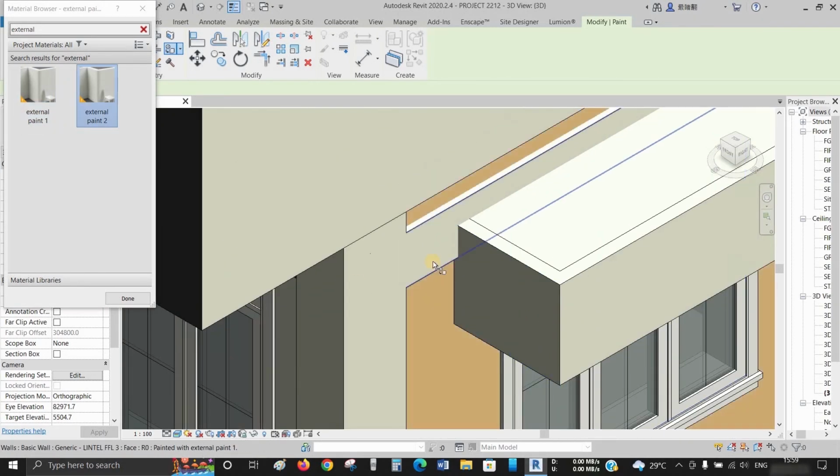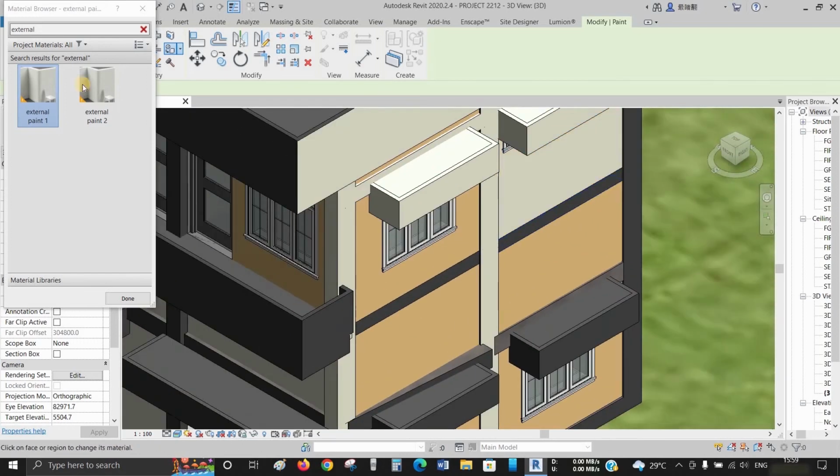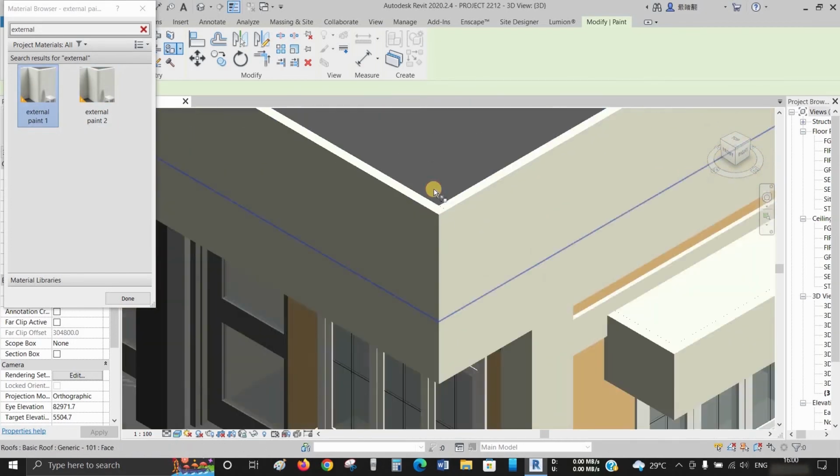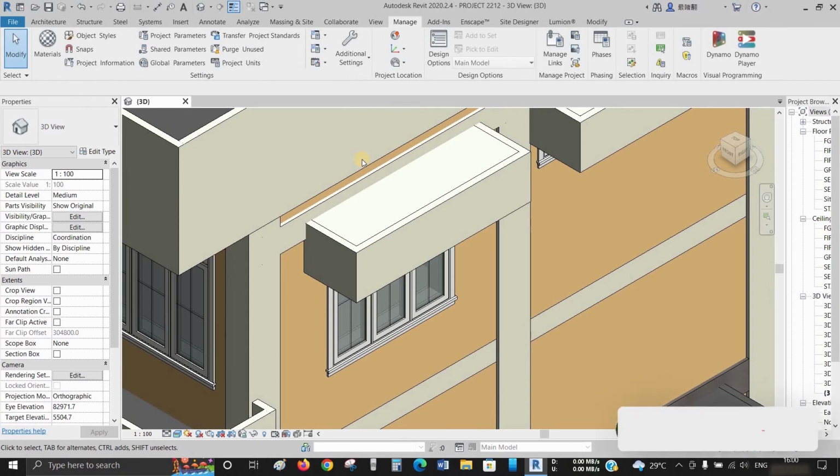Since 3D modeling is a time-consuming job and requires lots of patience, this portion is fast-forwarded. So here you can see that building paint is changed to